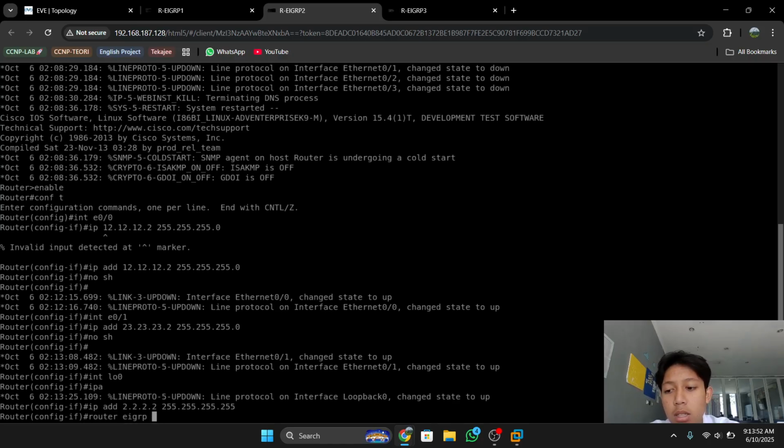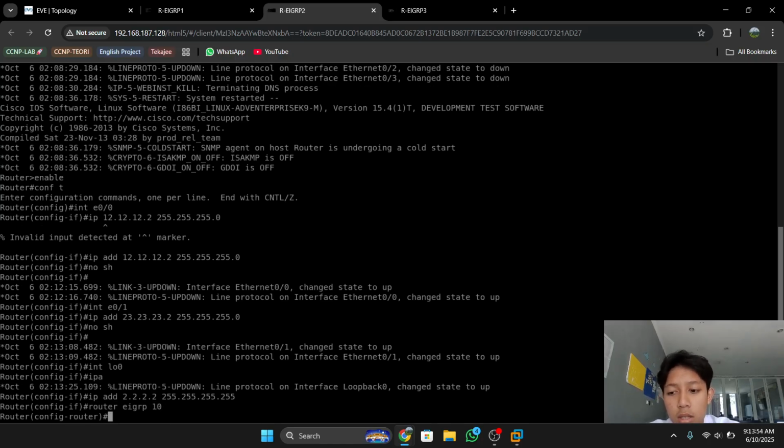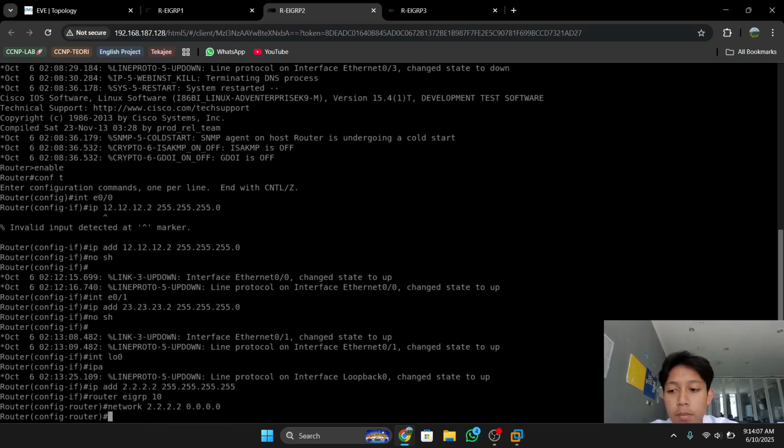And then you can add the IPs we configured before to EIGRP. You can enter router EIGRP 10, and add the network. Add the loopback IP first, 2.2.2.2 and 0.0.0.0. Then add network 12.12.12.2 and 0.0.0.0.